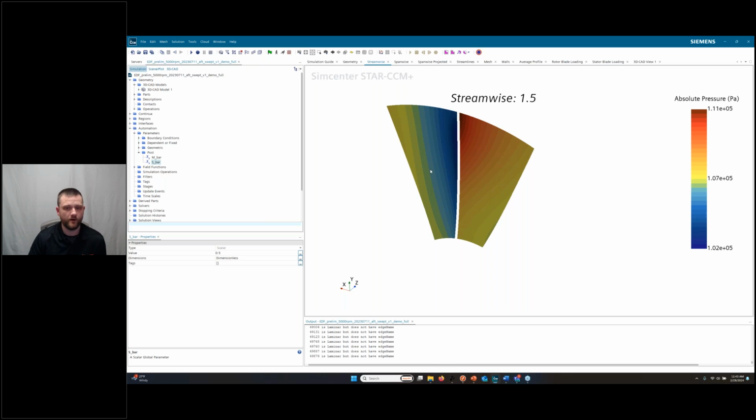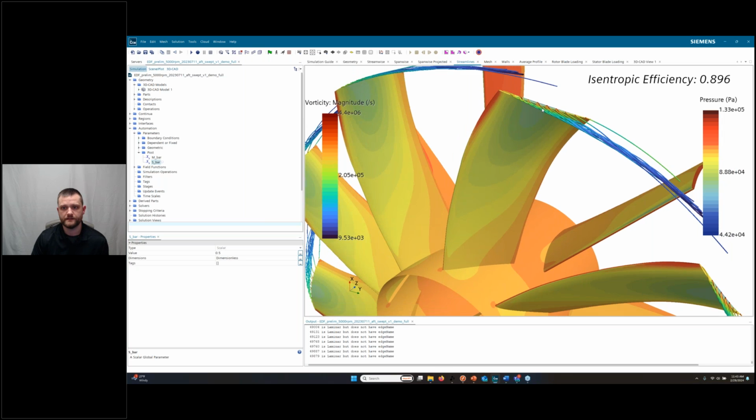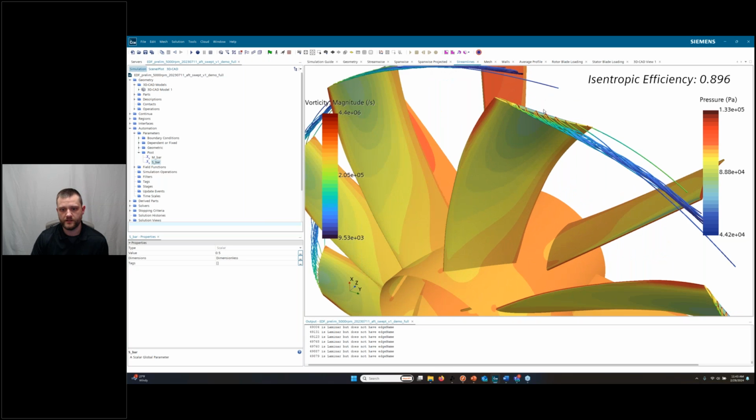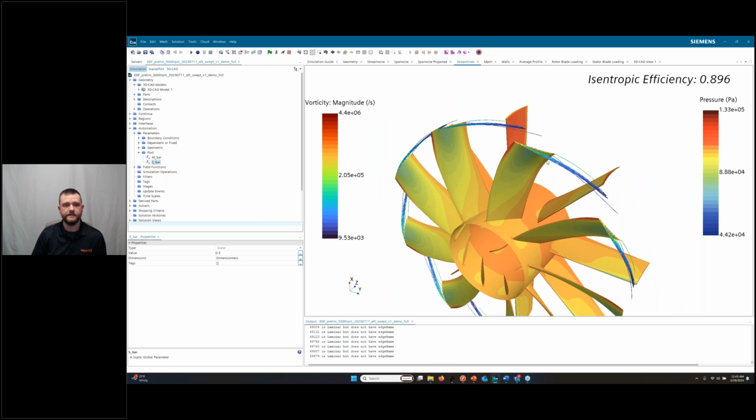So, talking a little bit more about post-processing. We saw the projected view, and once again, it all automatically comes from that parameterization tool. We can view our streamlines by creating derived streamline plots like you would for any other simulation in STAR. We can also expand this to the 360-degree geometry that you see here. So that parameterization tool also makes it possible to do that. And if I open up my streamline tool here, there's actually an option to just say how many instances of the geometry I want to show.